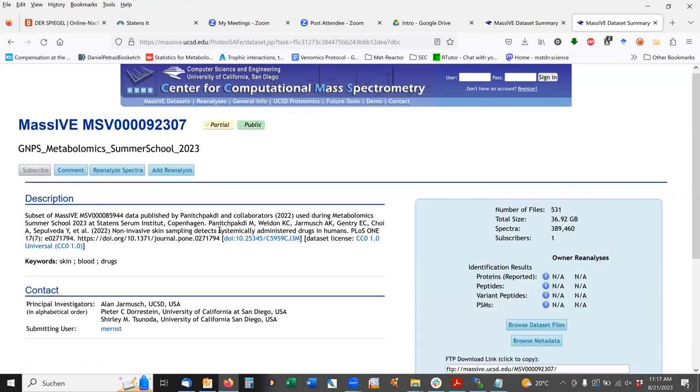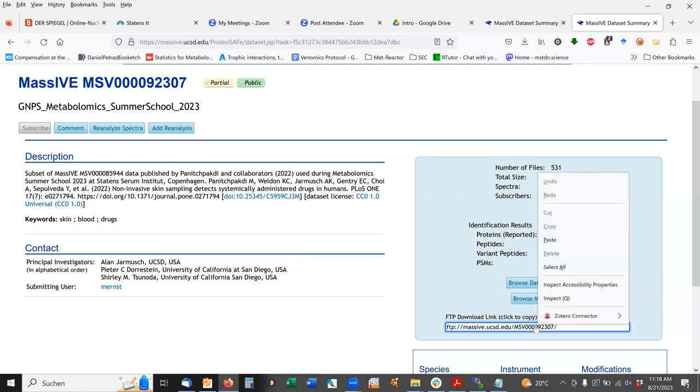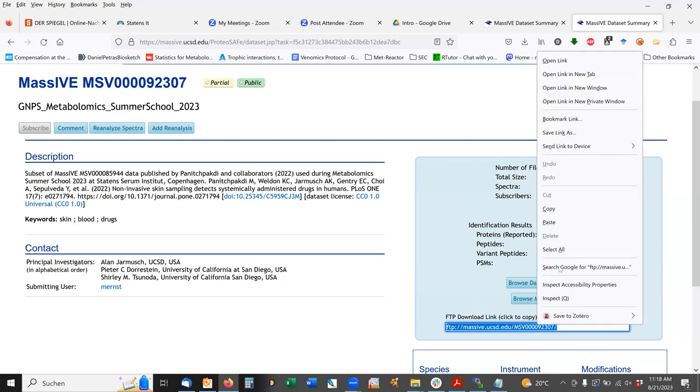every public Massive data set has a description, some contact information. I'm listed as the PI, and there's basic information about the file sizes. Most importantly, right where Daniel's hovering, there's the FTP download link. So if you copy that address